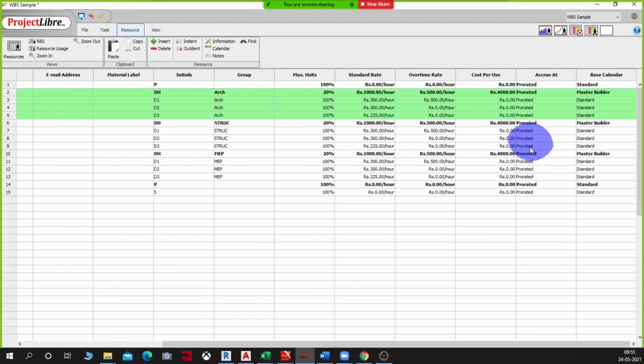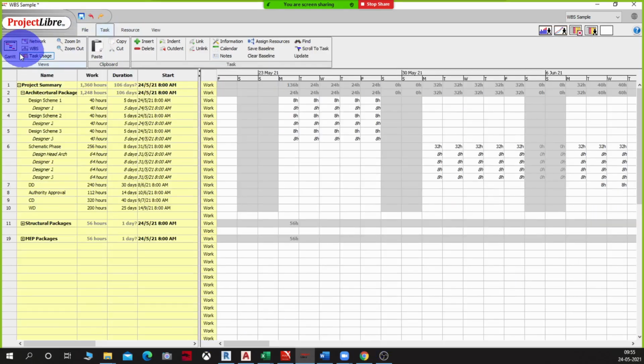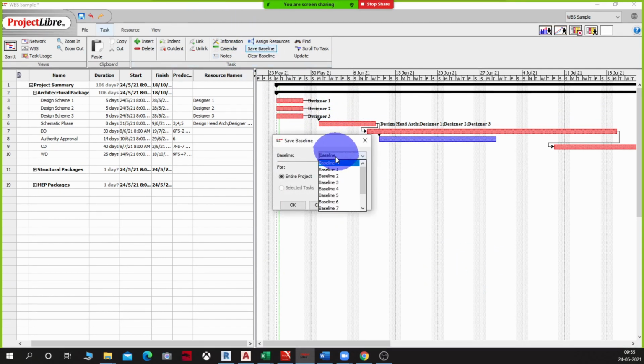Who said that? Correct. Very correct. Yeah, that's absolutely correct, Glenn. So in order for us to be able to see the budget, we need to know the baseline in the first place. Right? That is what is going to give us our budget, isn't it? So let me add a baseline to this now. I'm going to say that whatever we have right now is my baseline, and I'm going to call it baseline. Remember that you can apply up to 10 baselines, actually 11 baselines in a project for the entire project, and you can keep adding and removing the baseline.